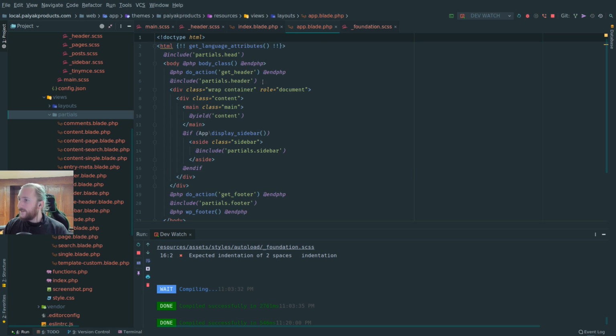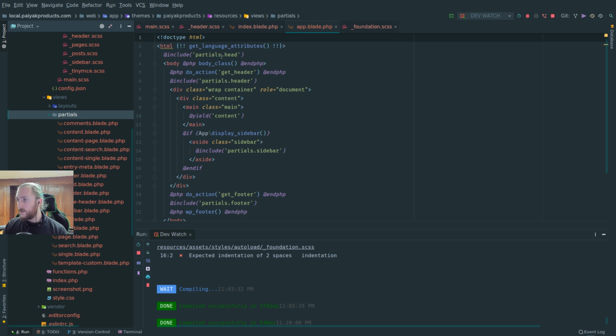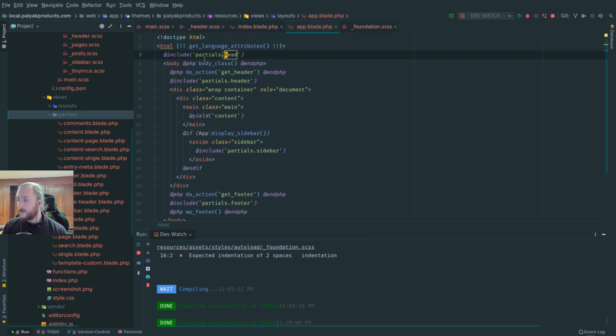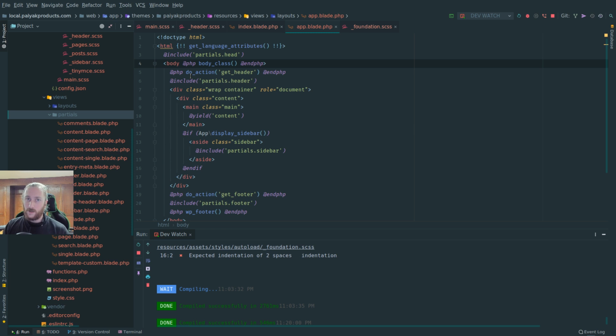PhpStorm, awesome. So yeah, if we look at this one, which is actually in layout/app, so the dashes are actually slashes in the file structure. So if you look at it, this is pretty much the basic template that every other template extends. And you have things,